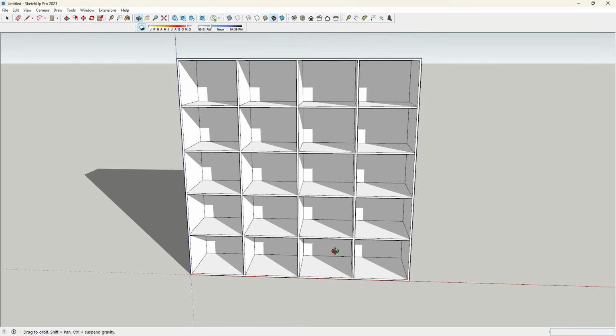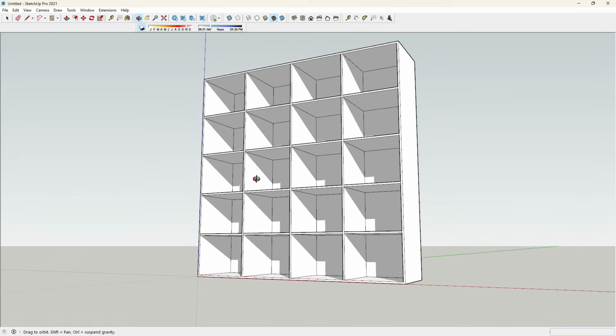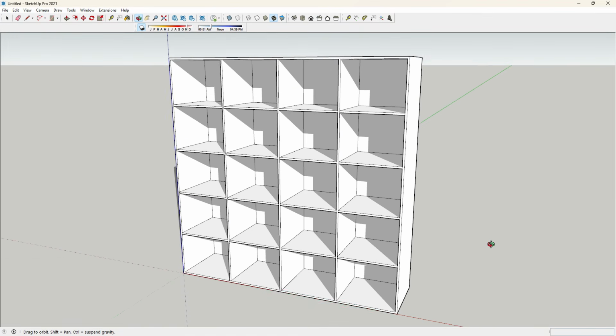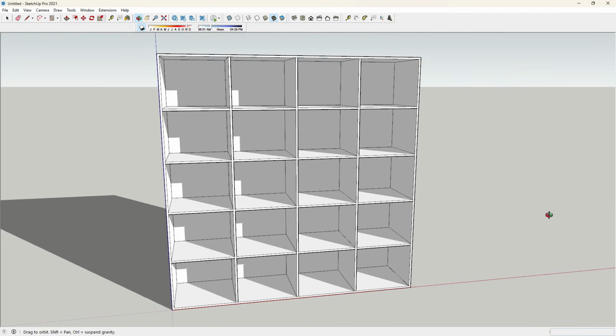I'm not a whiz at SketchUp. I just know certain things that help me through to get these visuals made. Because like I said, I don't have the time or the patience to spend hours on CAD or anything like that. I just want to show the customer roughly what they're going to get, and it generally sells the job for